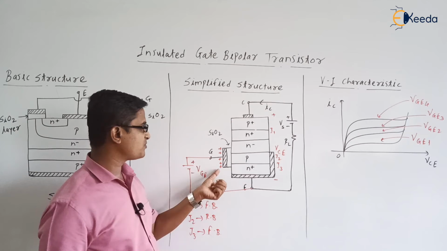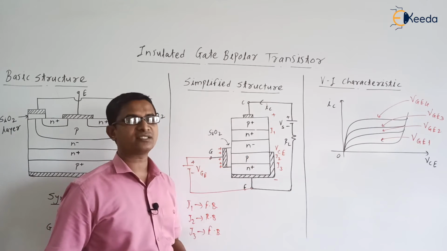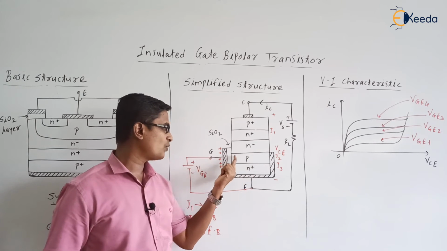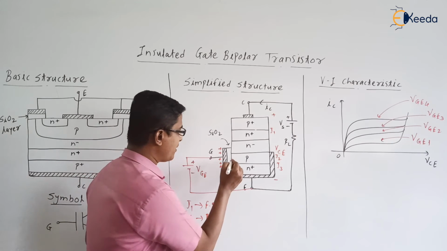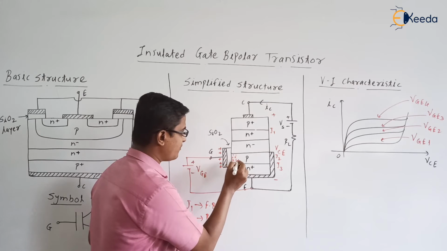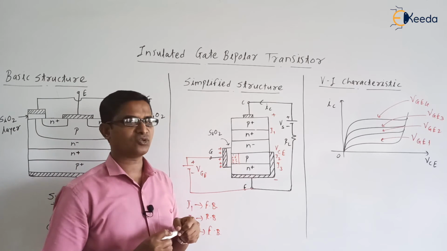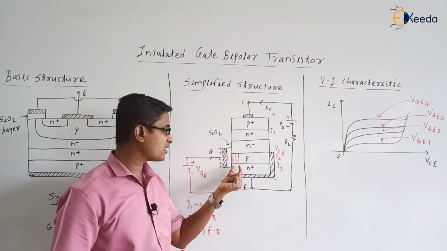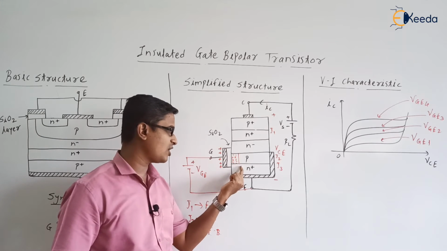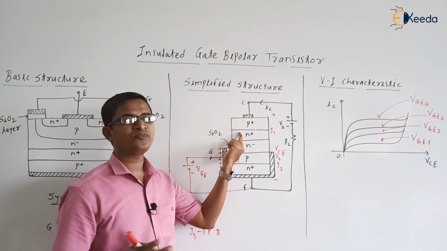But what is the effect of these positive charges? As the positive charges are here, whatever minority charge carriers are present in the inner p-type layer will get attracted towards this side. Similar to the MOSFET, here we will have a formation of a layer, that is, a layer of negative charge carriers, an electron layer. Here we have N plus, here it is N minus, meaning the majority charge carriers are electrons. Here also electrons, here also electrons, and this junction is already in the forward bias mode.